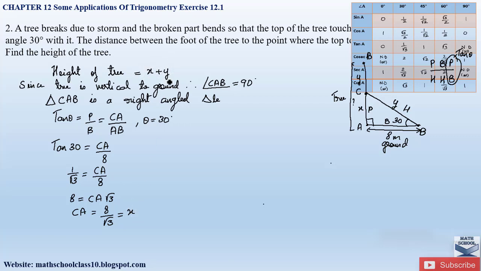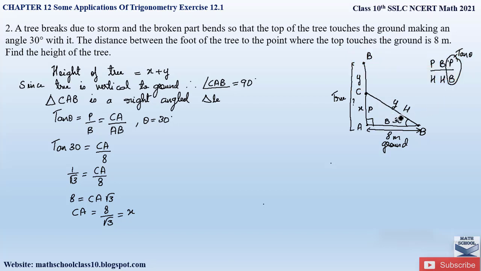Now let us similarly find out the y value from this triangle ACB. So here, to find out the y value, we have to find out the side BC, which is the hypotenuse. Now we know the perpendicular and base value, so we can take any two ratios, that is, we can either take the base and hypotenuse or perpendicular and hypotenuse. So now let us take base and hypotenuse. Base by hypotenuse is given by our cos theta. So applying the cos trigonometric ratio, we can find out the hypotenuse BC, right?